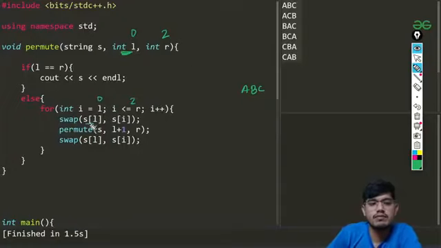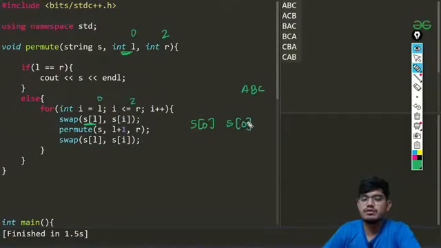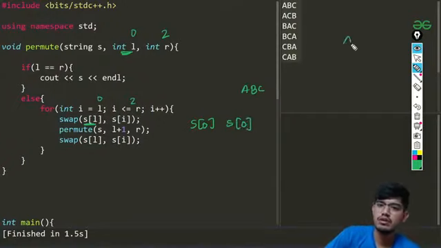First, it will swap our S of L, which in this case is 0 because we have passed 0, and our I is also 0. So it will swap S of 0 with S of 0, which is nothing but the first case we have solved, ABC.